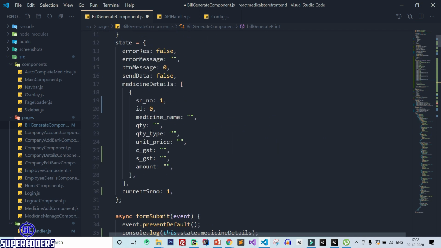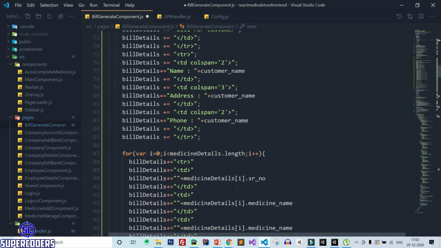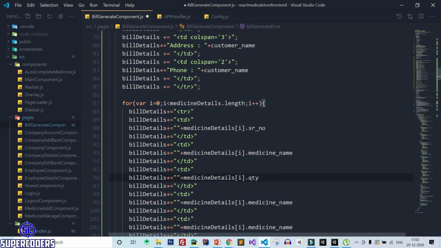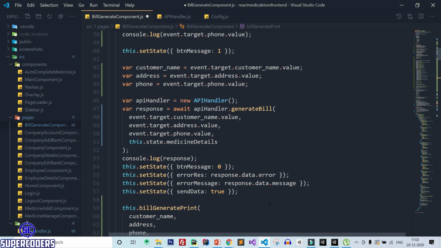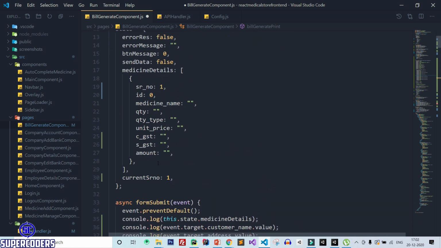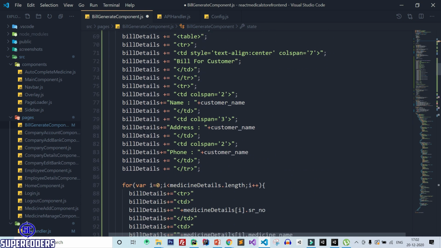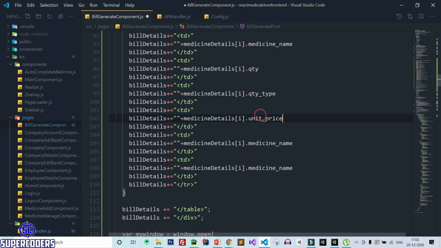Now next is quantity. Copy quantity, then quantity type. After that unit price and CGST, also add here as GST.